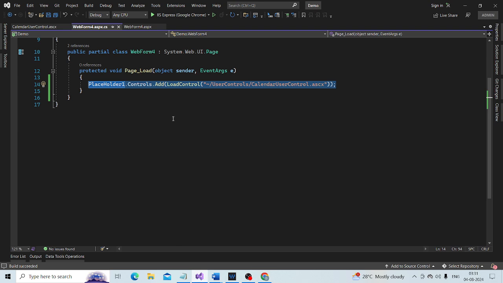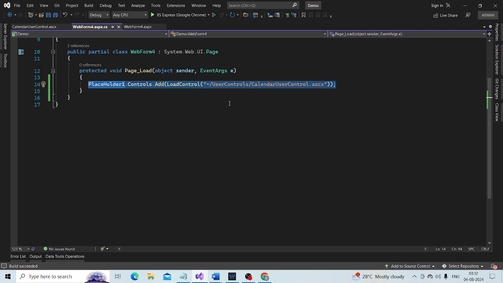When we drag and drop it at design time on the web form, we get an ID for that user control, like CalendarUserControl1 or something like that.